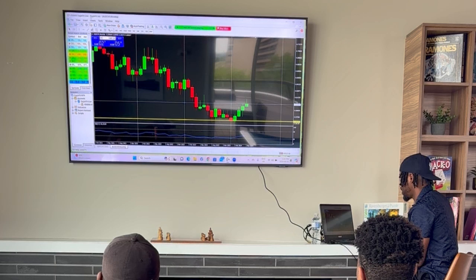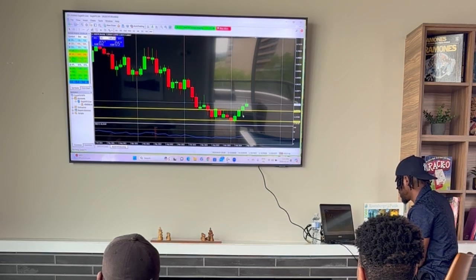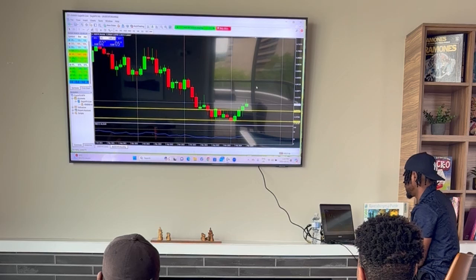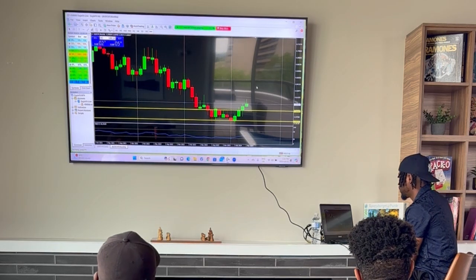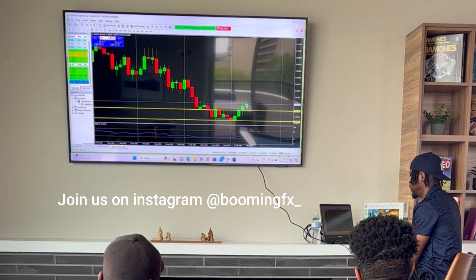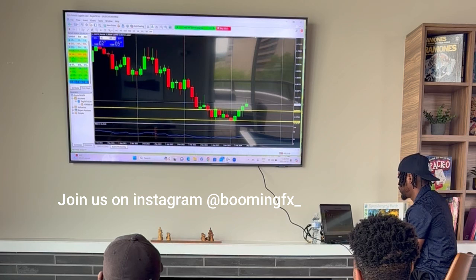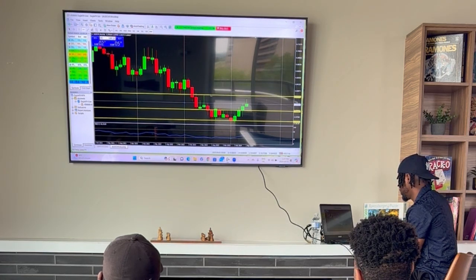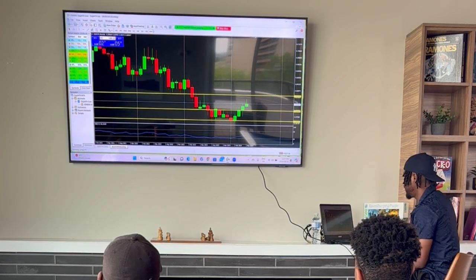And then I'm going to add a couple more levels up there. I'm going to place one right here, right? Got that, guys. Rejected multiple times. Finally went above it, came back to retest it, closed above it, and since then it has been going up. So yet again, guys, you can use that as a confluence to look for buys, right? I'm going to place one up there too, trying to get as many touches as possible. Yeah, there you go. So this is the AUDCHF on the monthly time frame.